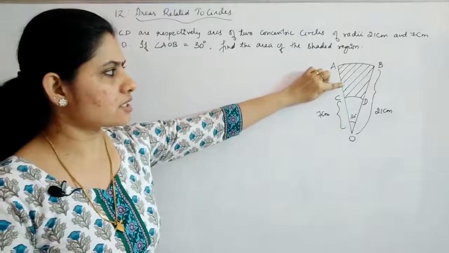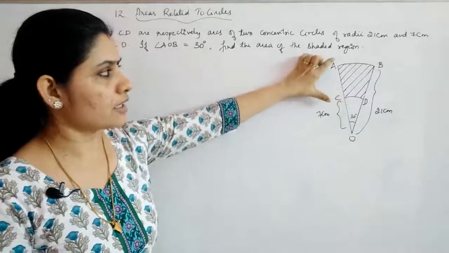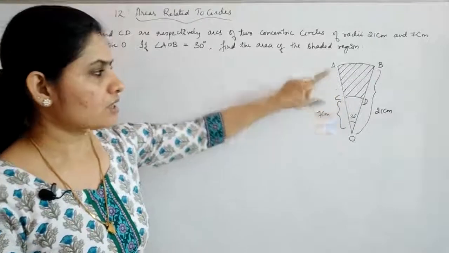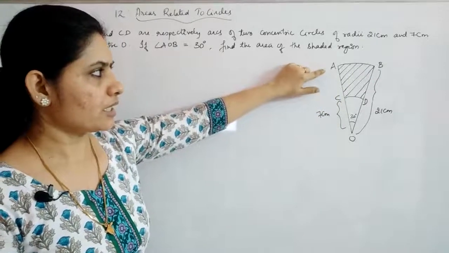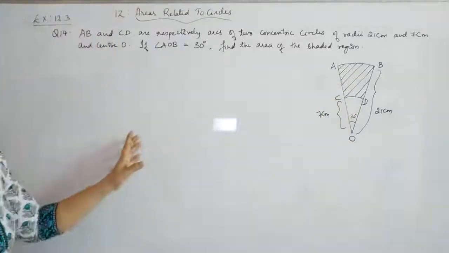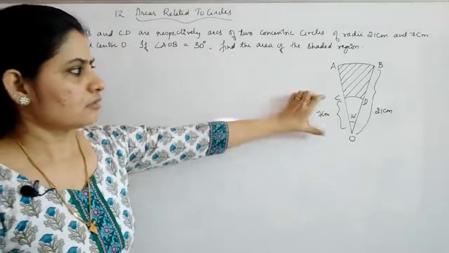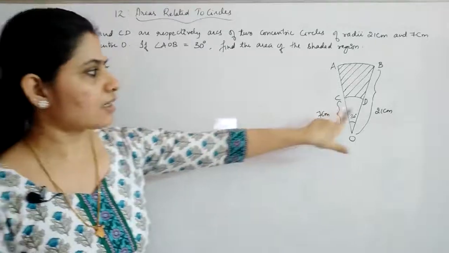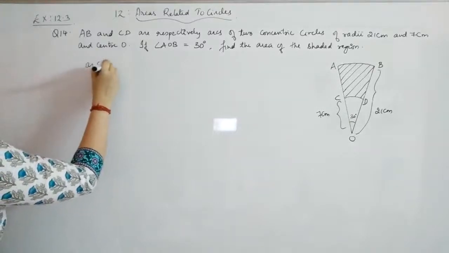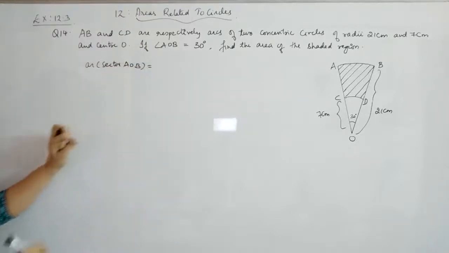So in order to get this region's area, you have to subtract the area of this sector from the area of the bigger sector. That means you have two sectors, AOB and COD. So area of the shaded region is equal to area of sector AOB minus area of sector COD. Remaining all the things are given. Angle is given to be 30 degree, central angle for both the sectors, and for the smaller one it is 7 centimeter acting as r, and R for the bigger one is 21 centimeter. So first we will find out the area of the bigger sector AOB, and the area of the smaller sector separately, and then subtract them.